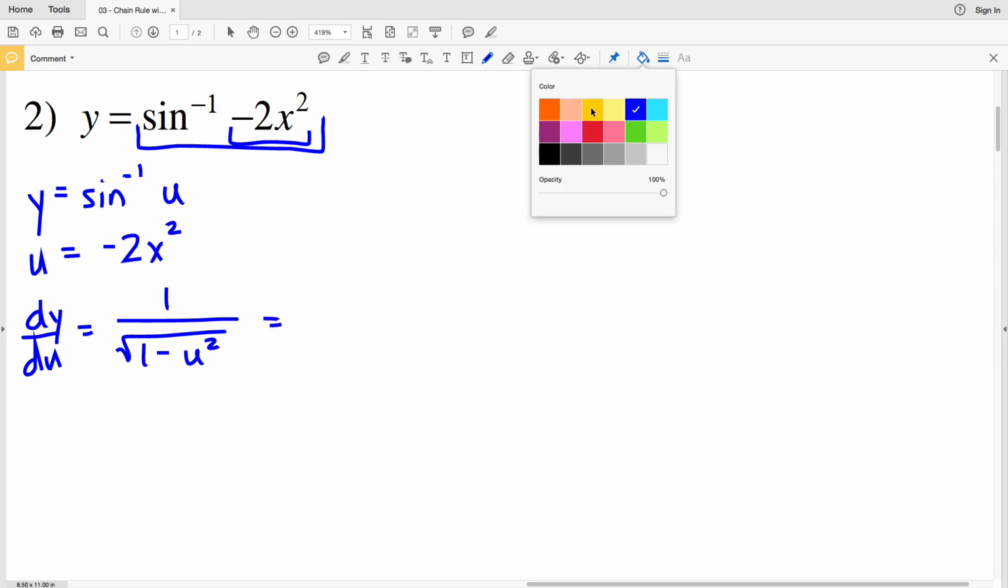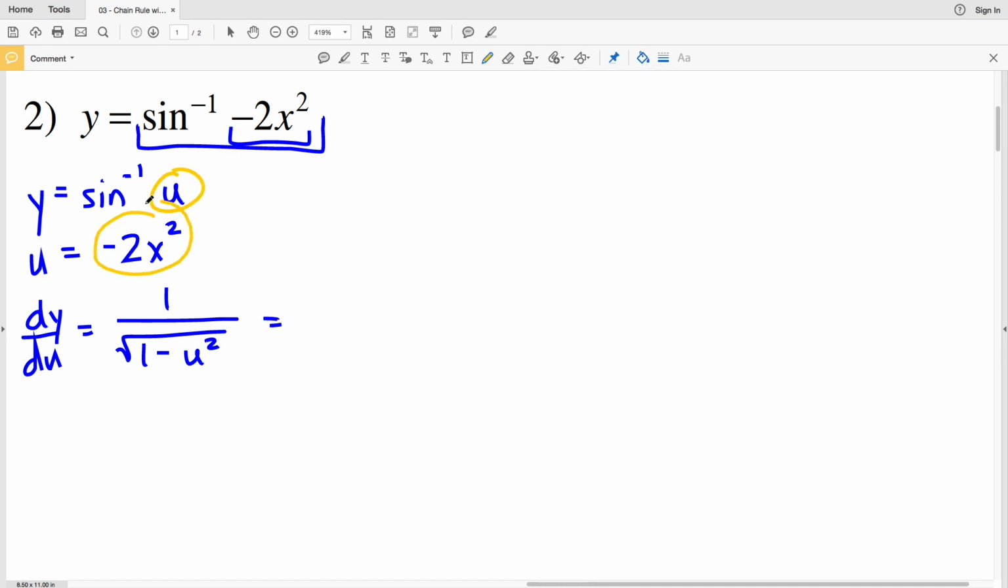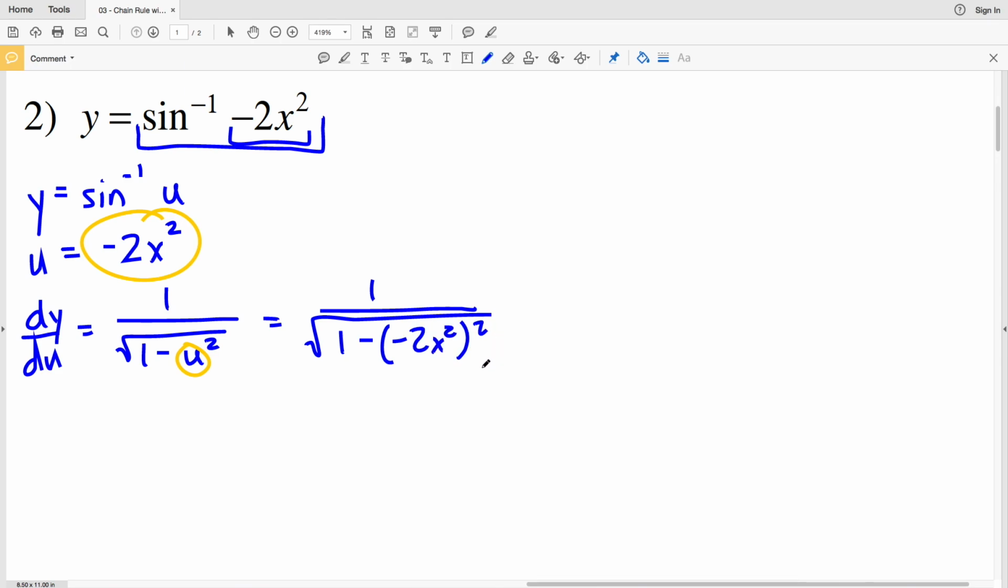But we know that u is negative 2x squared. So we're going to plug negative 2x squared in for u. So that's going to be 1 over the square root of 1 minus negative 2x squared squared. Now if we want to simplify this out now, as opposed to simplifying it later, we'll have 1 over the